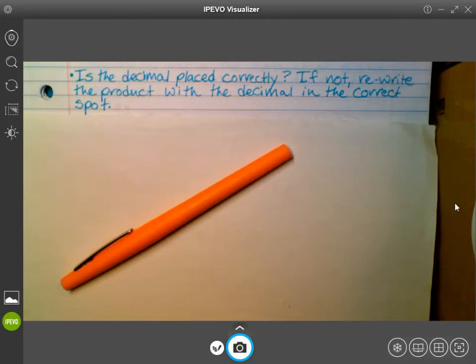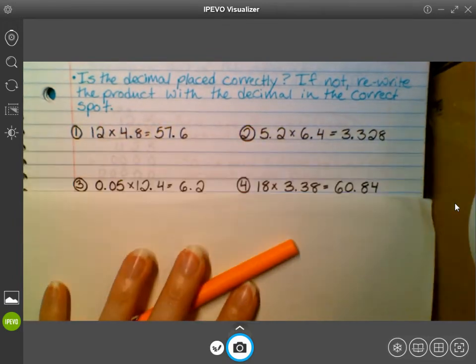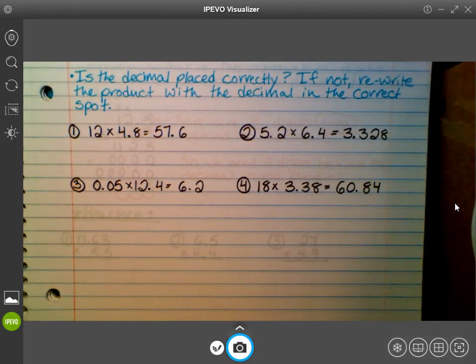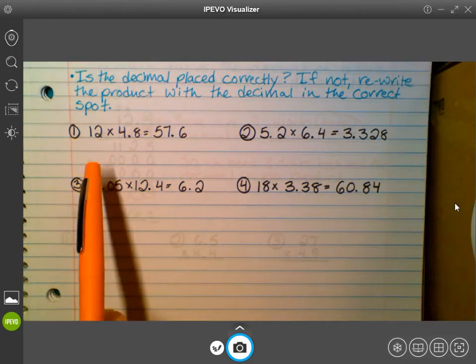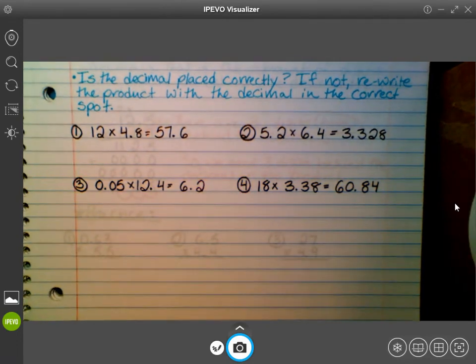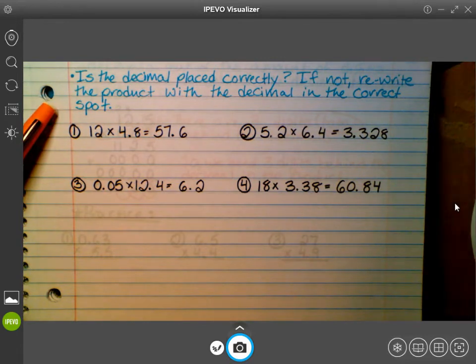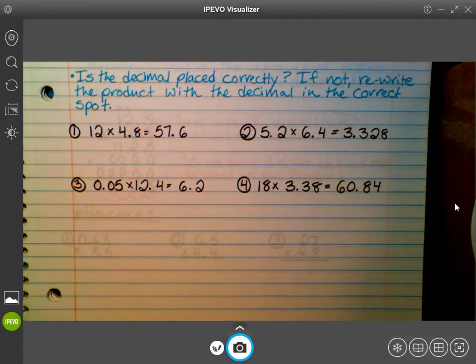All right, so the problems that we're going to practice this with are these. Do you guys notice how I left an extra space underneath these than I did with the first ones? That's because, just like it says in our directions, if the decimal is not placed correctly in the answer, we need to rewrite the answer with the decimal in the correct spot. So for number 1, it says 12 times,